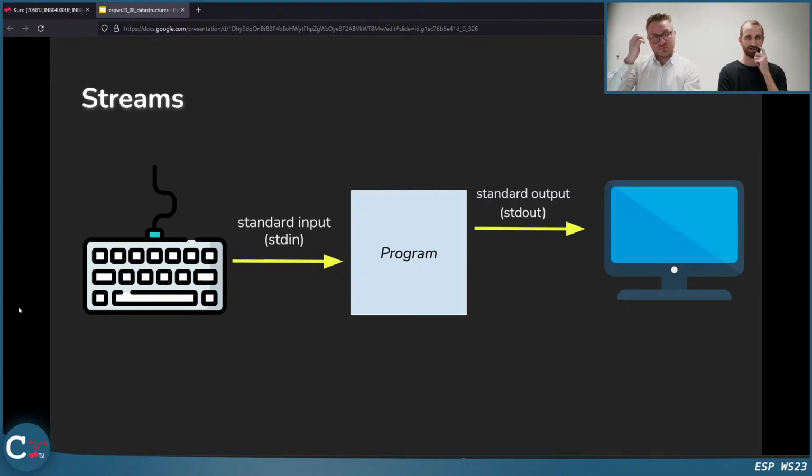And there are two other streams, the standard output stream. This is most of the time the case that the program prints to your display. So this is what you really see. And there is another, second output stream, standard error. I don't think we used it.